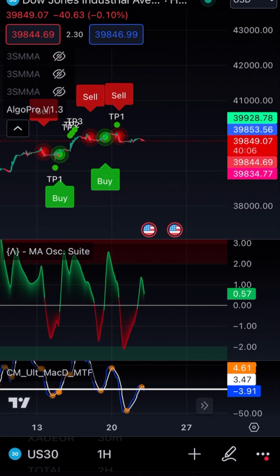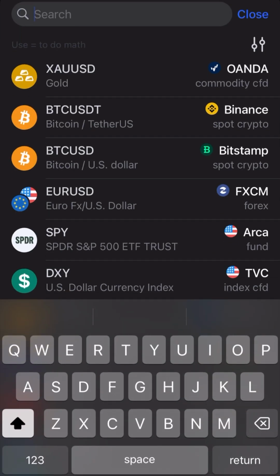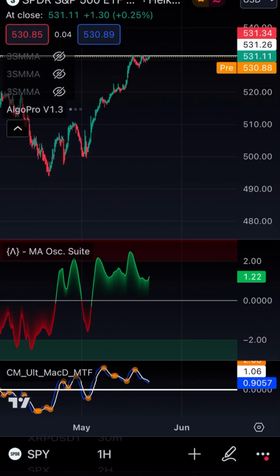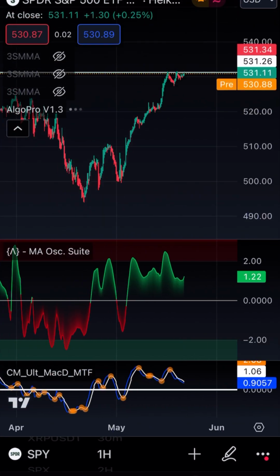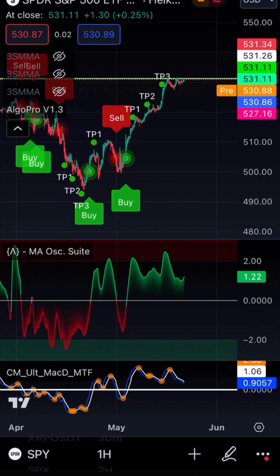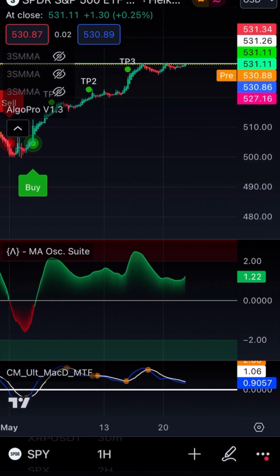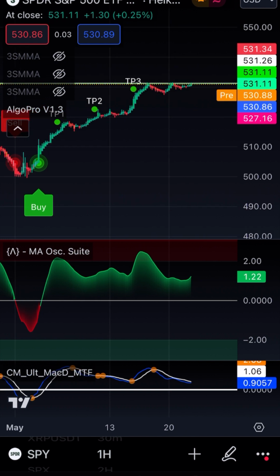So it's up to you guys. It's up to you guys if you want to use this indicator. If you guys have AlgoPro, it seems to me that they have some pretty accurate buy and sell signals with this, and there's other bells and whistles to it, but I'm not going to go into it. With the update, this was just a brief look at it because the subscriber wanted me to look at it. But